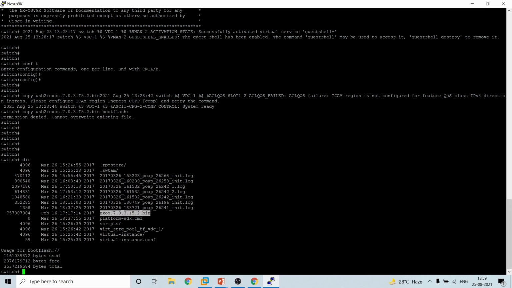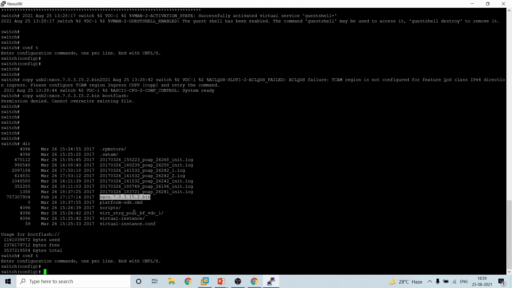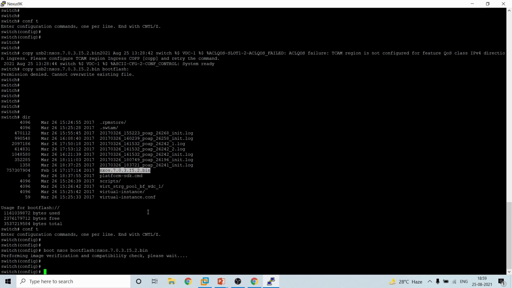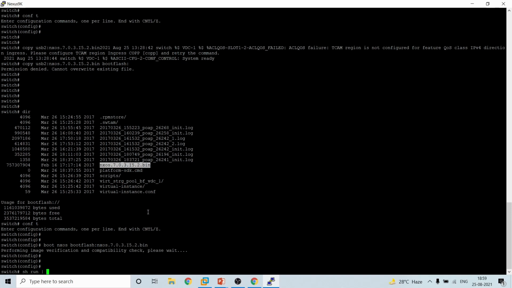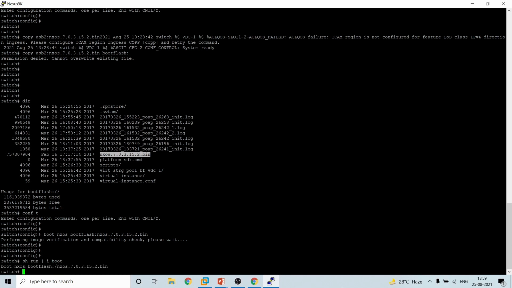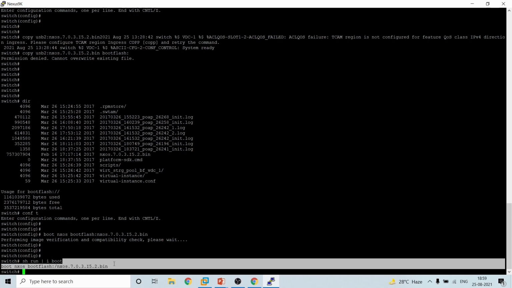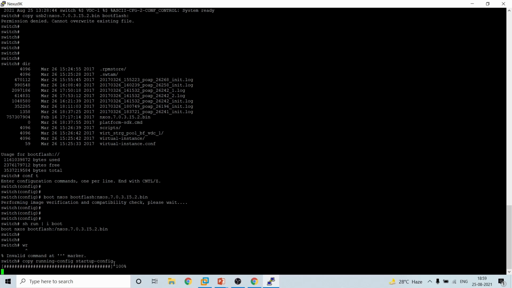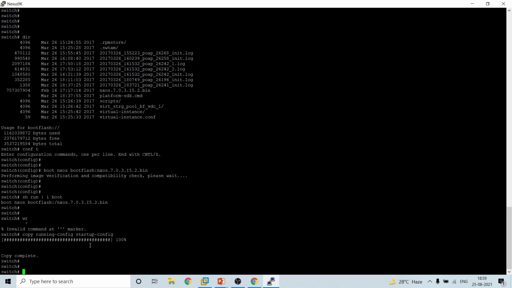Finally, one more thing you have to do is change the boot path, because we have set the boot path to USB. So now you'll have to put the command boot nxos bootflash: and this file name. Once you do that, the boot configuration will be there. You can verify that by giving show run | include boot, and it will be visible here. Don't forget to write your configuration: copy run start. So you save your configuration and then reboot once again to make sure that it is now booting up from your local switch itself. If it comes up, it's working perfectly fine.